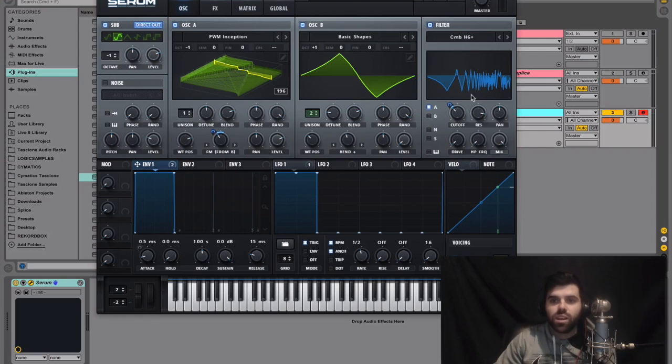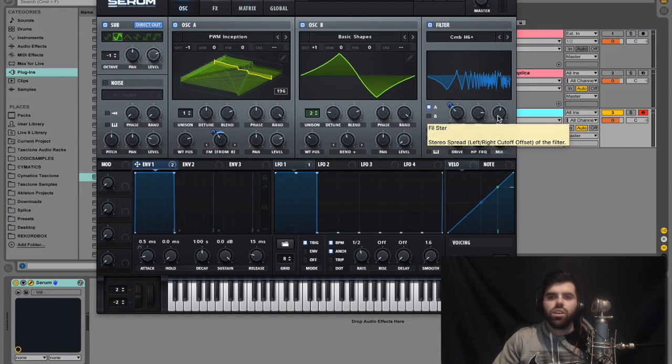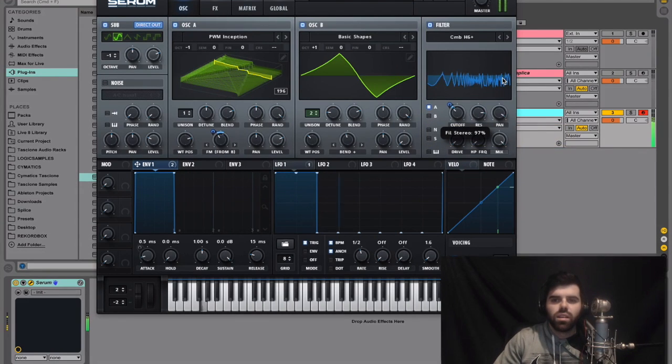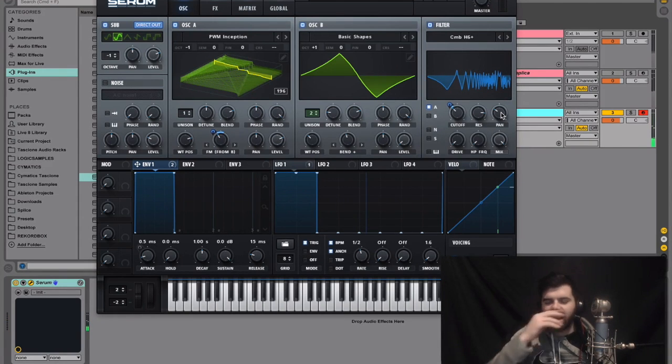All right, so the resonance is up. We're also going to take this pan and bring it a little bit down. And you're not even panning it right to left. This is like a stereo width knob. So if we drag this all the way to the right, it becomes super wide. And if we drag it to the left, it gives it a different stereo effect. I thought it was going to make the width smaller, but it doesn't. It just gives it a different stereo effect, but it's pretty cool.